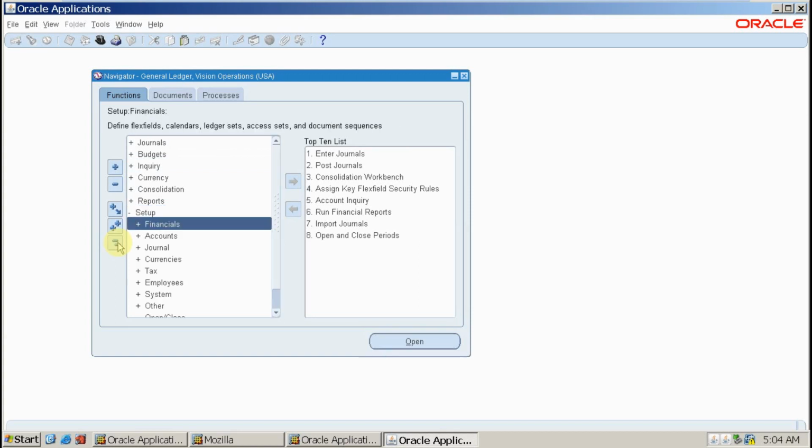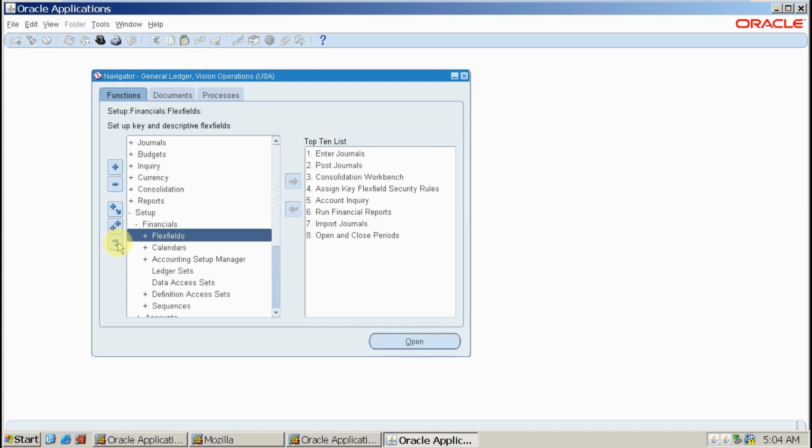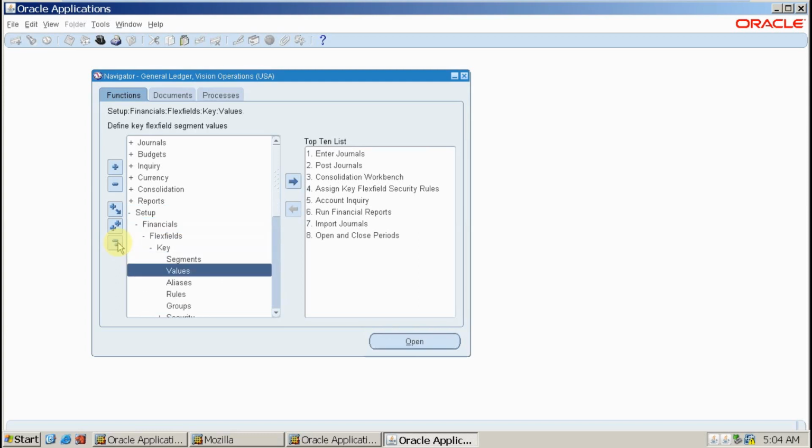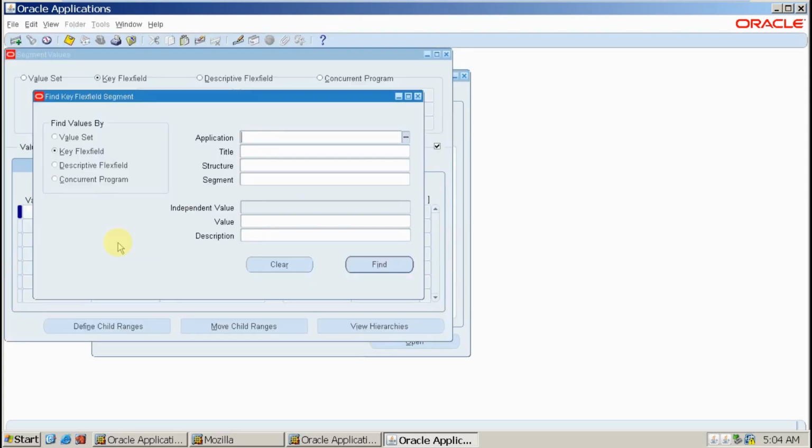So the navigation is Setup, Financials, Flex field, Key, Values. We need to search for which segment we want to create the values. So the application is General Ledger, the title is Accounting Key Flex field, and the structure is test chart of account.